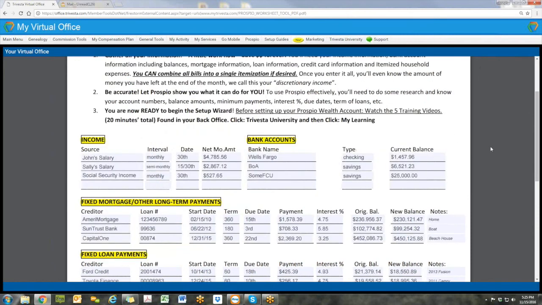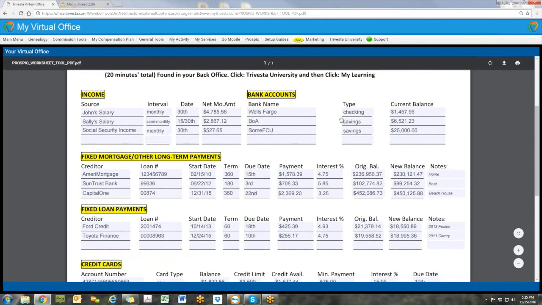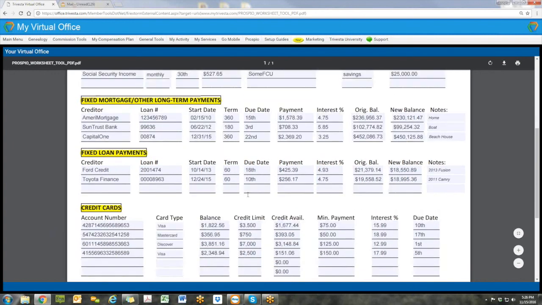This worksheet tool, again, you're going to be putting in your bank accounts, the type, the balance, and your income. When does that income come in? What's the interval? Is that weekly, semi-weekly, monthly? How does that income come in? The date that it comes in, the amount that comes in, what bank it's going to,